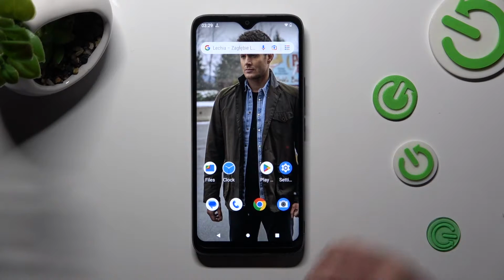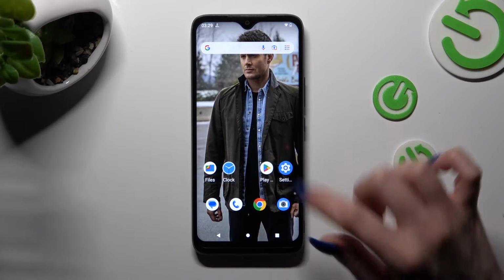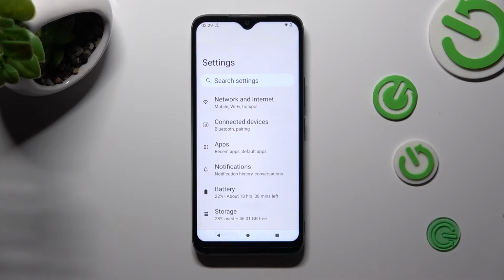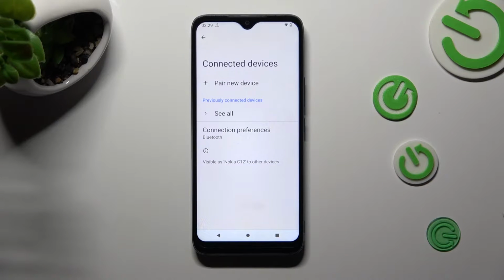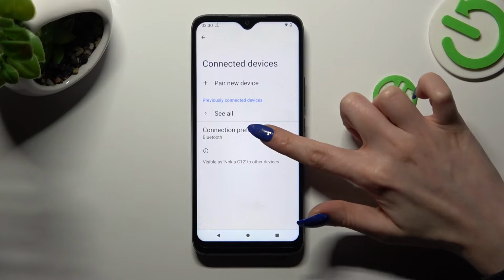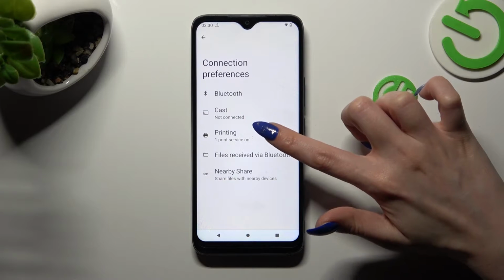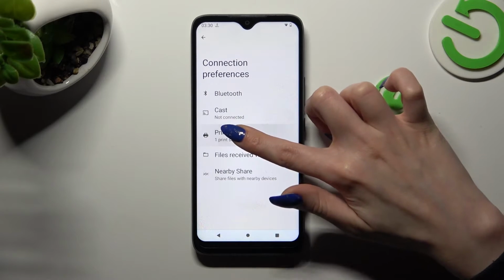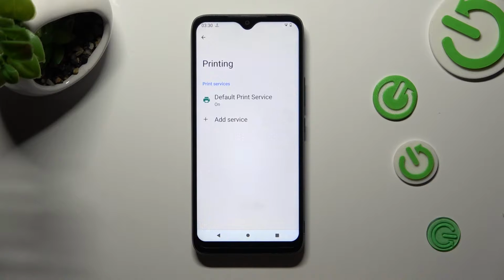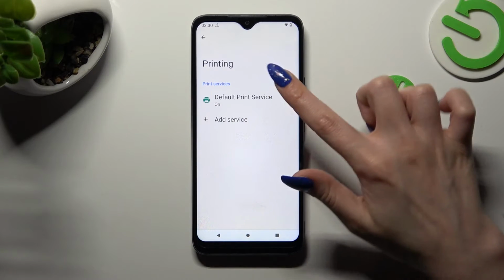First of all, go into Settings and click on Connected Devices. Then choose Connection Preferences and tap on Printing. Following that, just click on Default Print Service